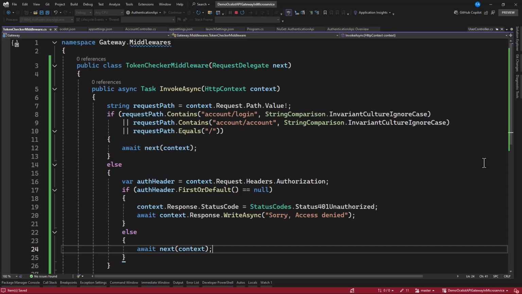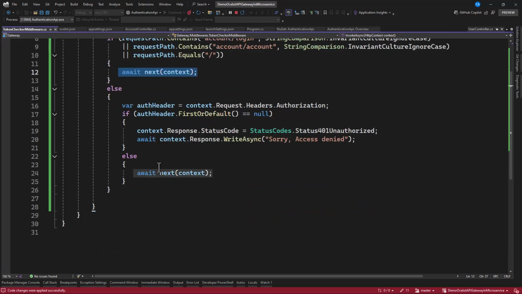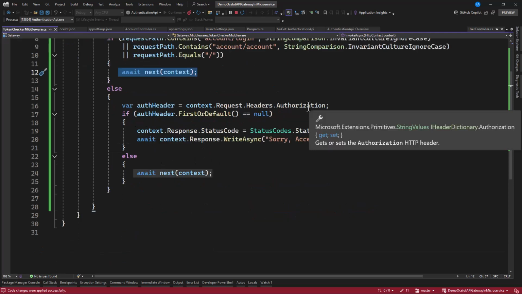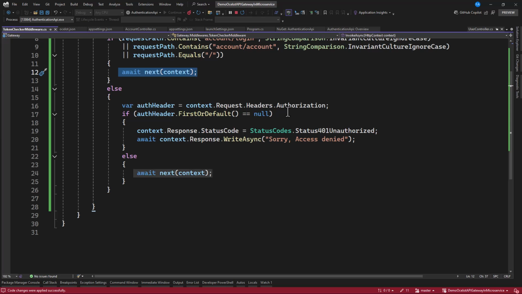Now we want to check if the path here contains either any of these. That means the person is going to register or is going to log in. If so, then grant it. But in case it isn't, then check if you have a header known as authorization. In case you do, then continue. In case you don't, then return this.